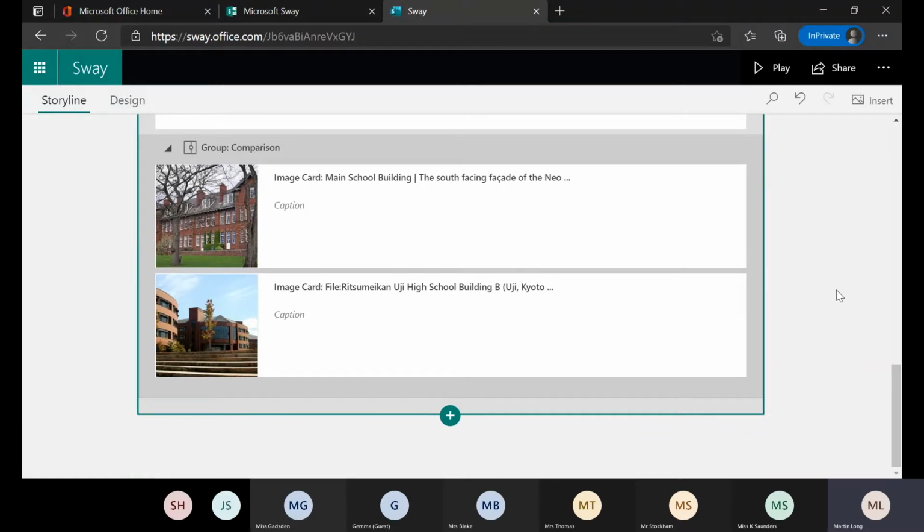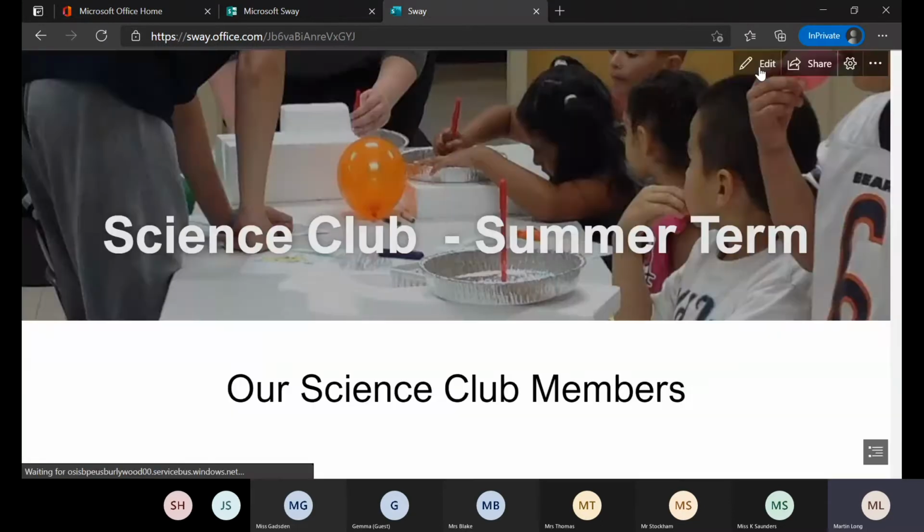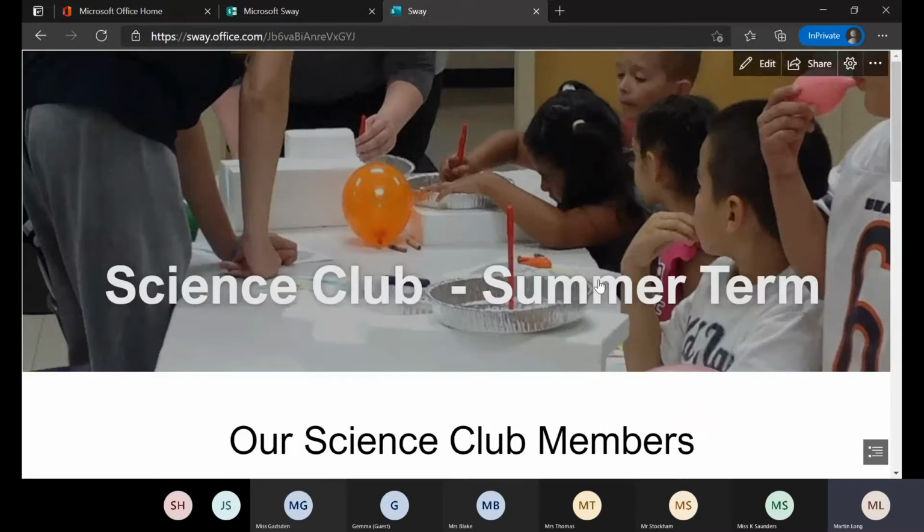to the person coming to see the Sway. At the moment, we're in what's called the editor view, and this is the view that we would see as someone building the Sway, but this wouldn't be the view that someone would see at the end. So at the top, we have a play button, and when we press the play button, it will take me into the view that someone would see if they were getting sent a link to come and view our Science